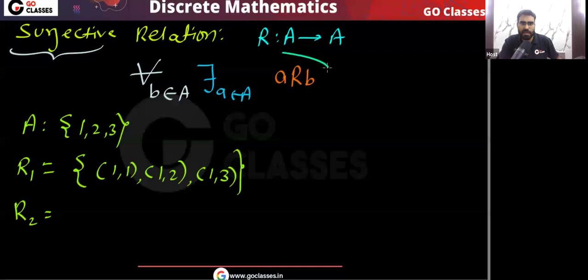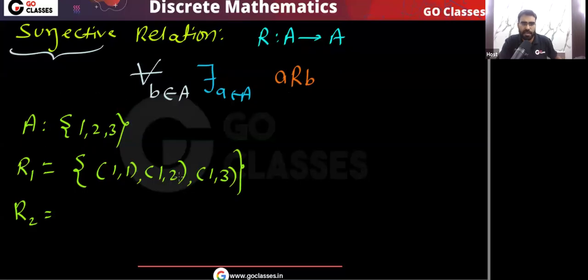Now, I am asking you two questions, and tell me which relation is actually surjective. Now, let me give you a set A. This is set A, let's assume 1, 2, 3. And I'm giving you two relations on set A. Relation 1, R1, let's assume 1 is related to 1, 1 is related to 2, 1 is related to 3. Is this a surjective relation? Please tell me. The definition is given in front of you. A relation from set A to set A is surjective if this is satisfied. What does it mean? It means for every element B, there is an element A such that A is related to B.